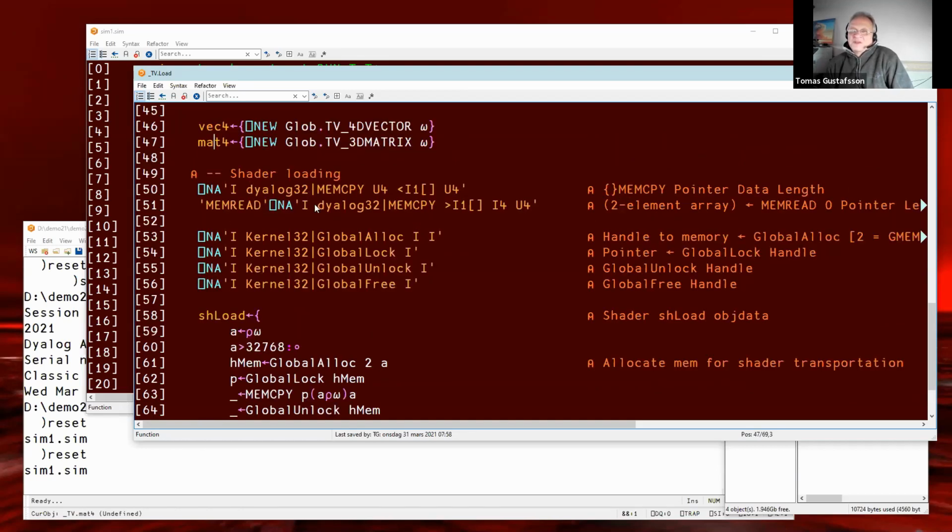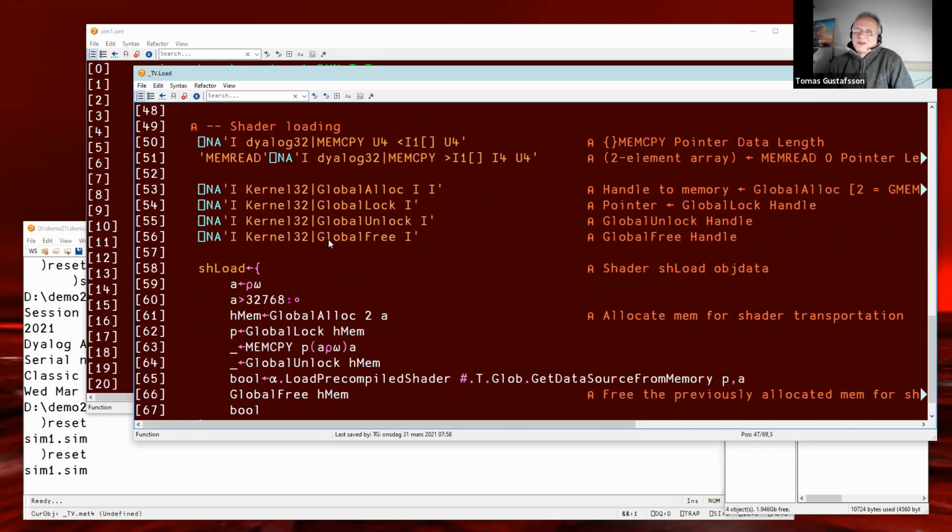And the compilation of shader HLSL code happens using a Microsoft compiler, an exe file, which one can call with CMD, quad CMD, and get a reply result in a file, and then you read that result and put it somewhere in the APL namespaces.